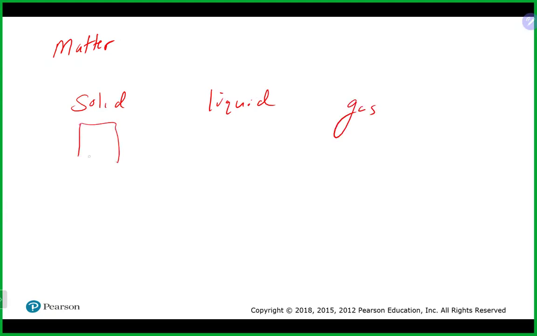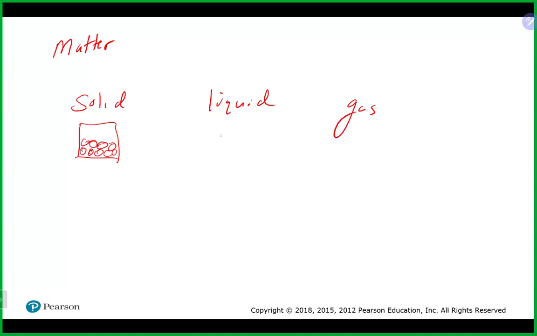All right, so last time we talked about a couple of things that you'll see in a later chapter, but we talked about matter. And we talked about the three states of matter, which are our solid, our liquid, and our gas state. In the solid state, things are usually packed in really tight to one another. There's usually not a lot of room for movement. There's not a lot of energy happening at that point,